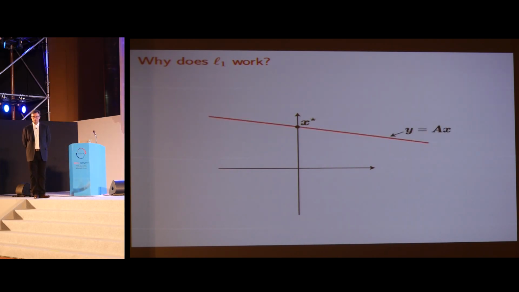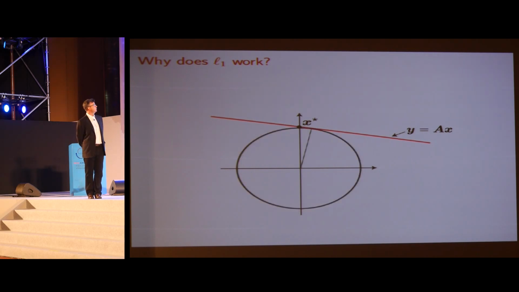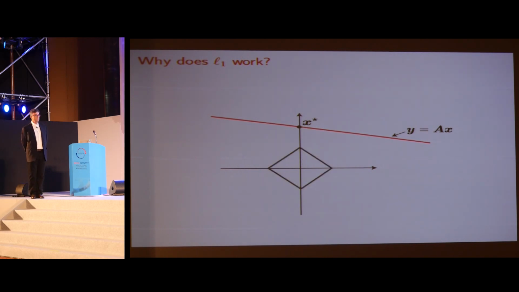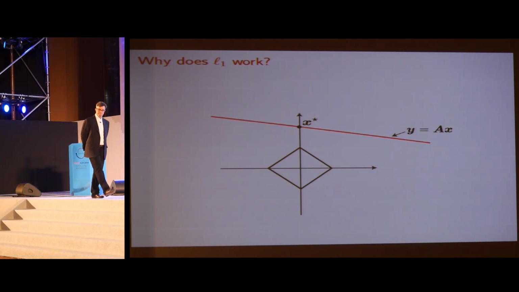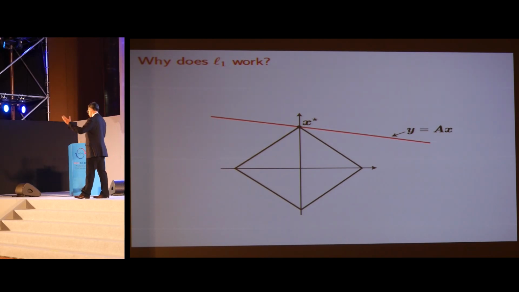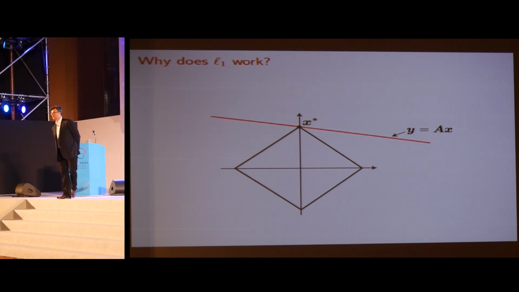Now I have one equation, so of course I know that x lies somewhere on this line. If I were naively to minimize the L2 norm, the solution would be the point on the line with minimum L2 norm, and that's not exact. It looks close because we're in low dimension, but in high dimension it's very far away. If, however, I minimize the L1 norm, these diamonds are the set of vectors that have L1 norm equal to 1. When I find the point on the line with minimum L1 norm, it's x star, and so I've got perfect recovery.